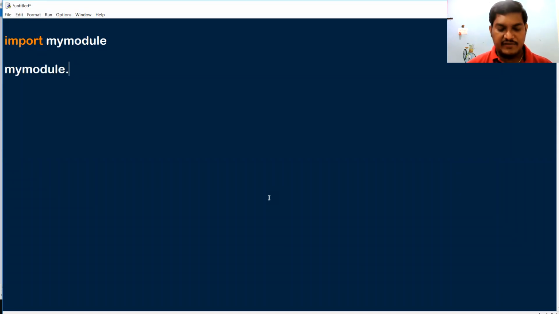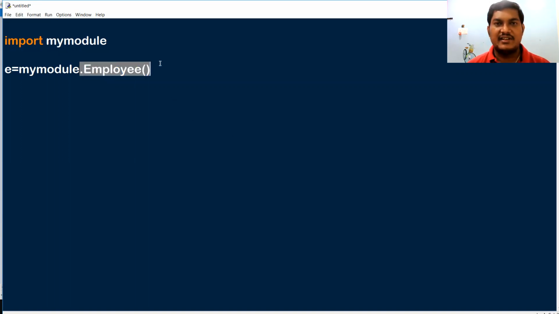After importing the module, you know that the module name is mandatory. You have to use it to create the Employee. Now we are getting the employee object ready. We are calling the Employee class constructor. Whenever the constructor is called, an object of the class is instantiated. So the Employee class object is instantiated.